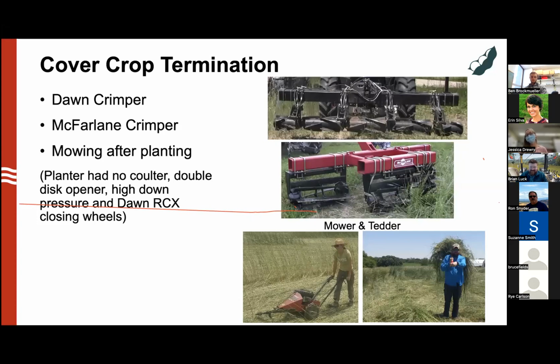So the first year we had some difficulty transporting our mower to site, and so we had to use a handheld push mower, and Brian was always gracious enough to be our tedder. So we looked at these three options: essentially two types of crimpers and mowing. To summarize the big differences between the Dawn and the McFarland crimper: